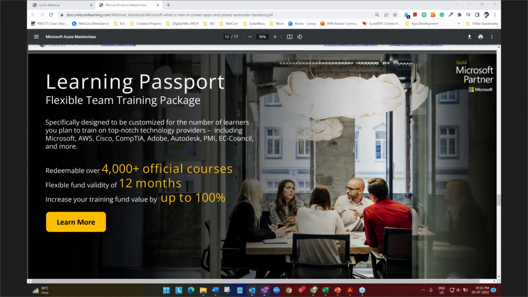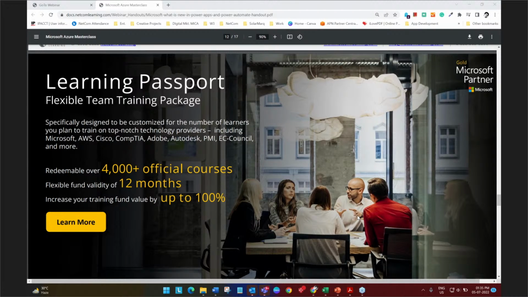What it allows is, it allows you to park your annual training funds beforehand, and it unlocks 4,000 plus official courses, literally the entire official training portfolio that NetCom Learning has across vendors like Microsoft, AWS, Cisco, Autodesk, PMI, EC Council, you name it, you have it.